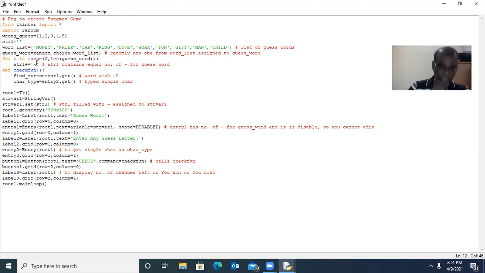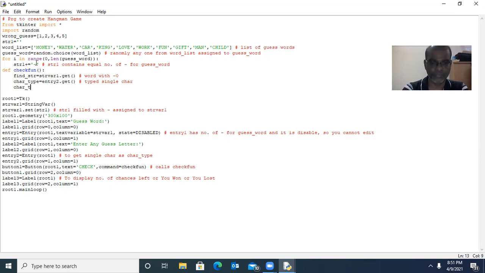Good. Now whatever character you type, it may be either lowercase or uppercase, that should be converted into uppercase. Then char type equal to char type dot upper. It converts to uppercase whatever you typed in entry 2.